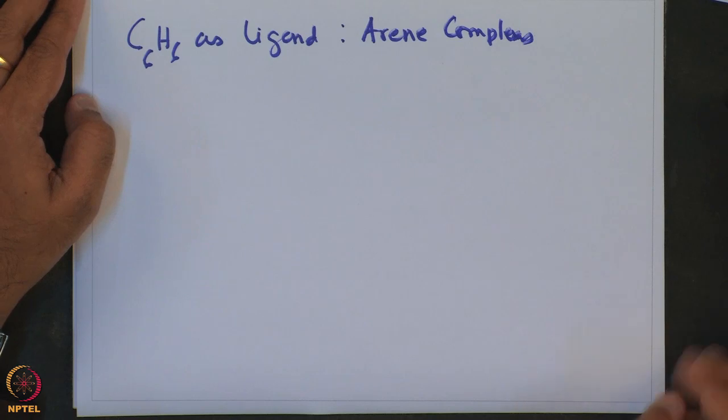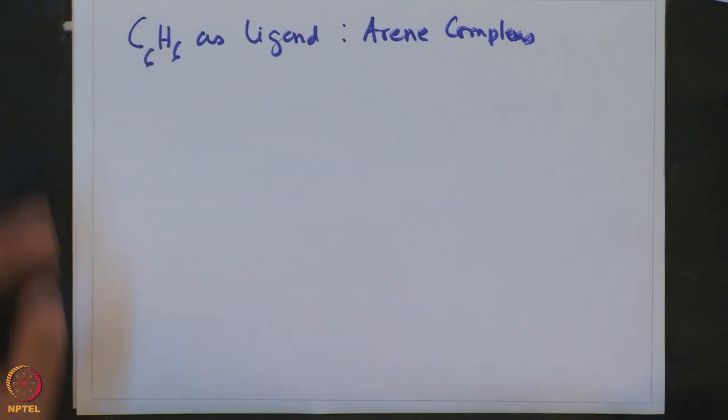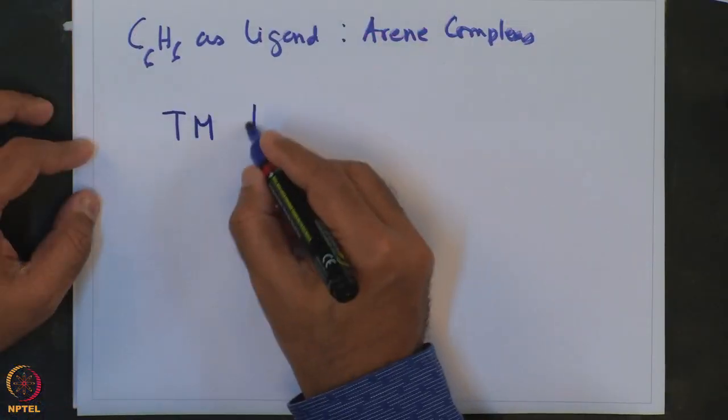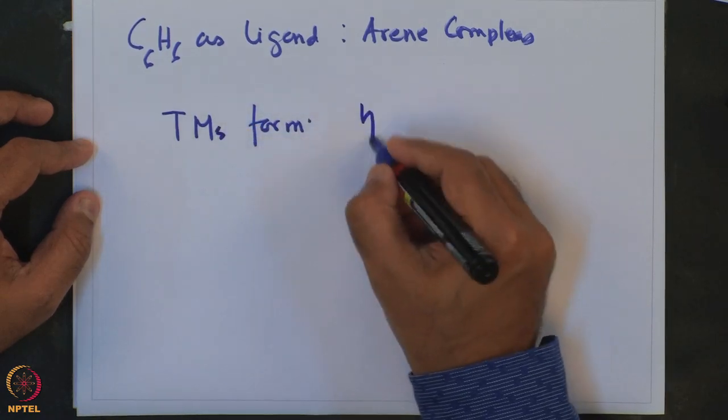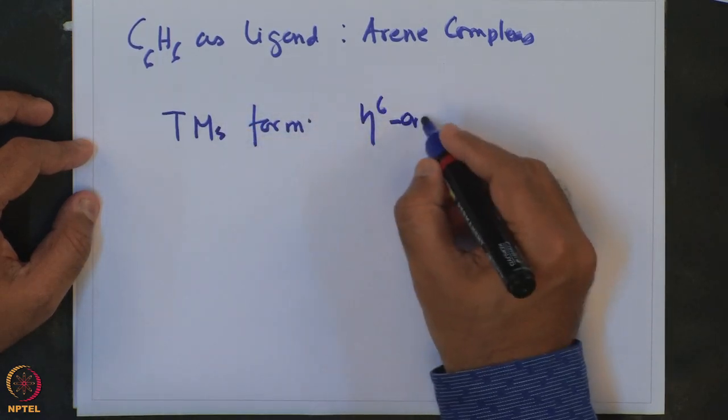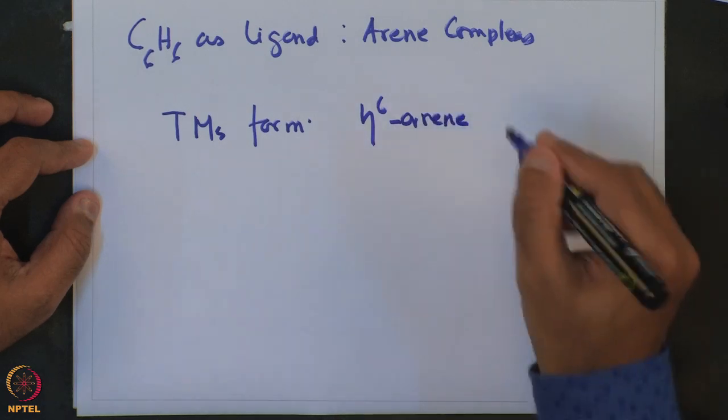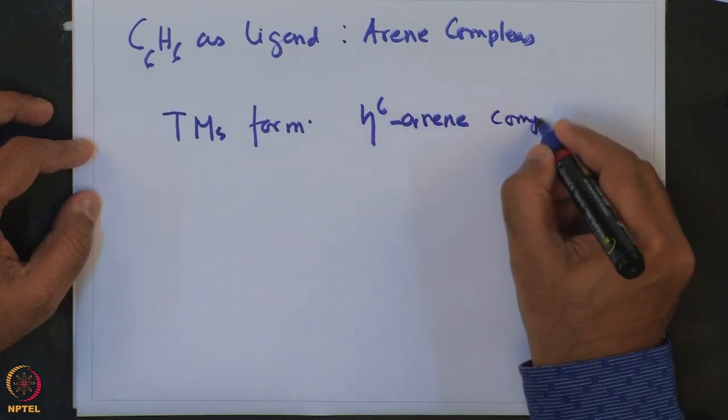Now, like the cyclopentadienyl complexes, where C5H5 binds through the pi electrons in an eta 5 fashion, similarly the transition metal forms eta 6 arene complexes. Metals form arene complexes,